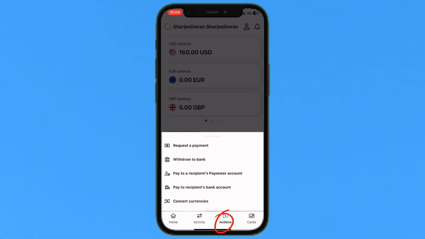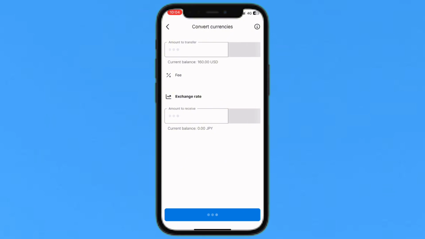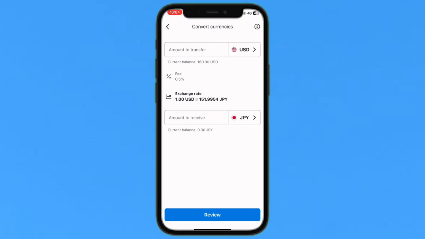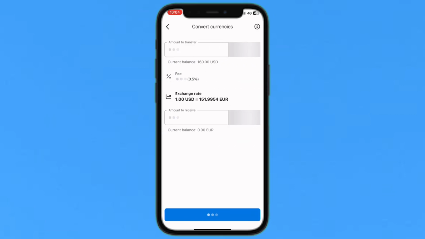I just log into my account, tap on Action, and the last option is Convert Currencies. Just tap on it. Inside Convert Currencies, you will see the amount to transfer in USDT and what the receiver gets in this currency, like Japan. If I want to change it, I just tap on it and there are six currencies. You choose any one. I will tap on this Euro balance because my receiver is in a European country,